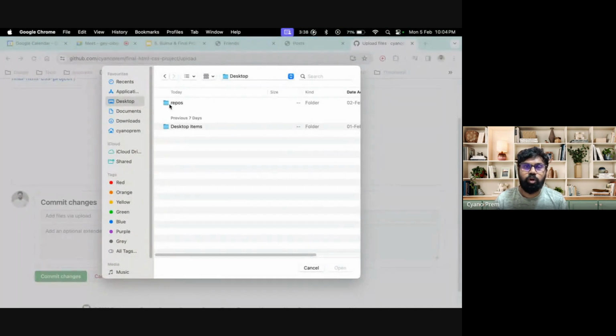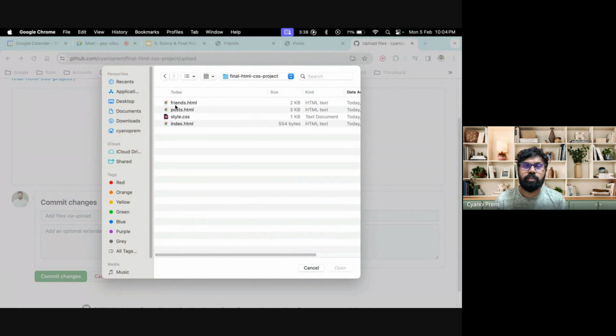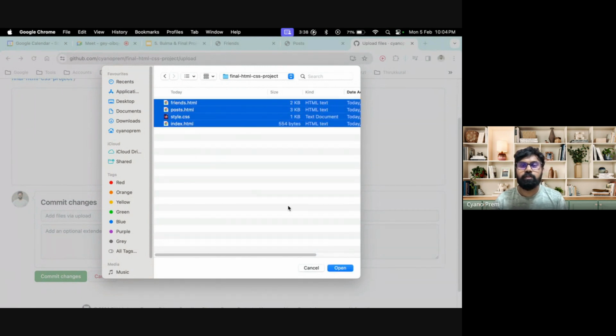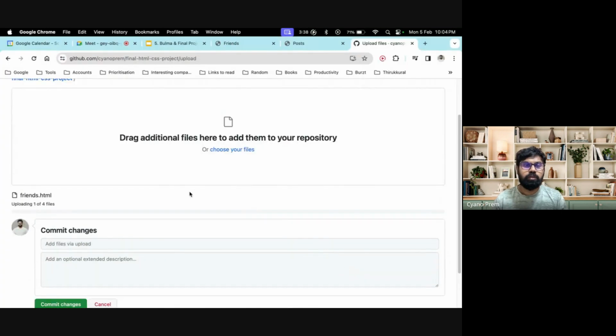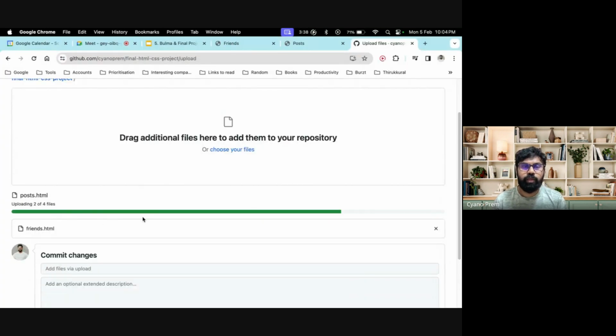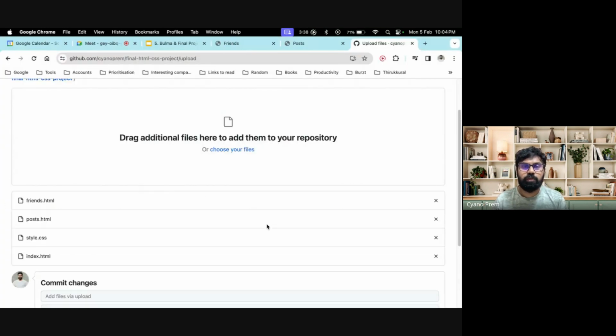These are on my desktop, in repos, final HTML, CSS. I need all the files. I'll select all the files and click on open. So now it is uploading all the 4 files. Okay, the 4